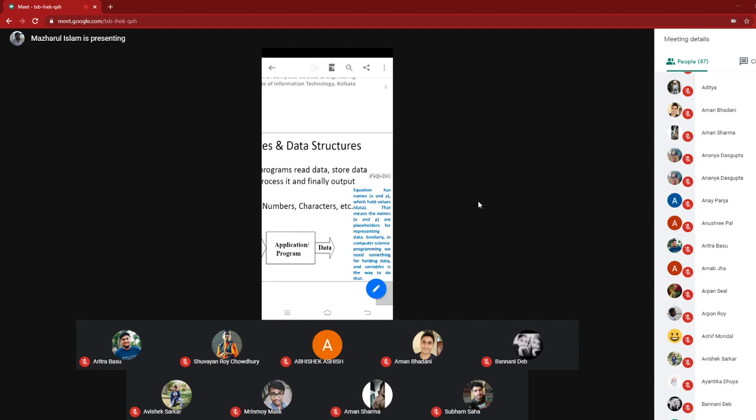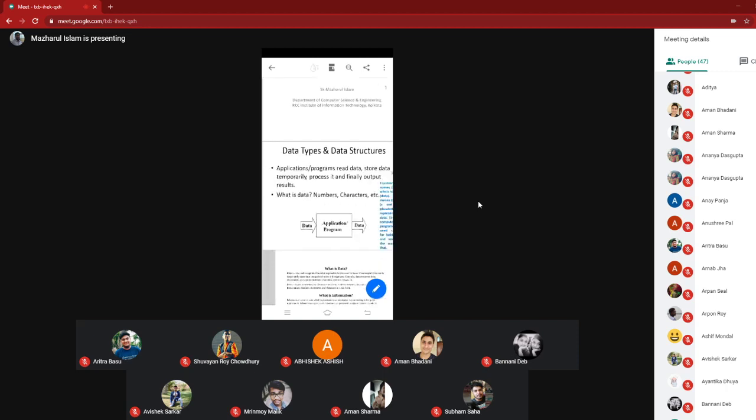So this x and y are called variables, and they can hold your data. Now what is data? When you talk about data, the first thing that comes to your mind is a number, character, float value, double value, string, or any sentence.